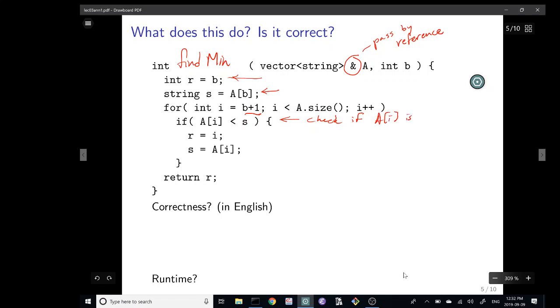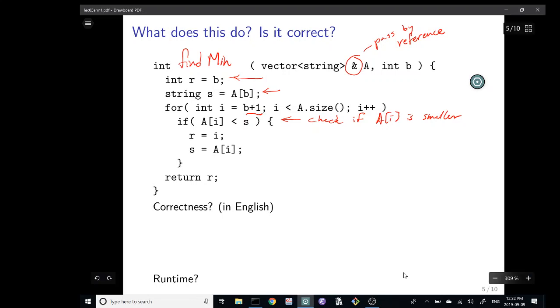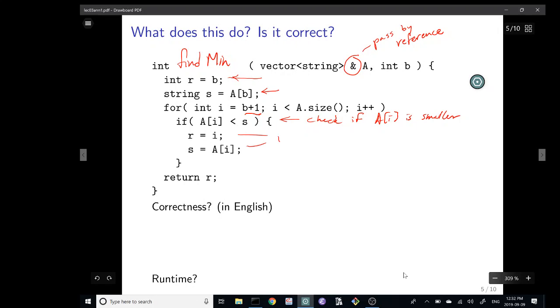In this case, better means smaller. And if it is smaller, then it updates the stored values that it's been keeping. It's updating R and S.